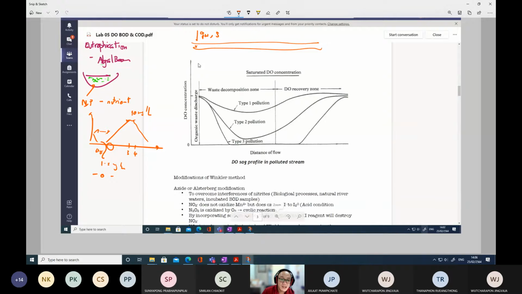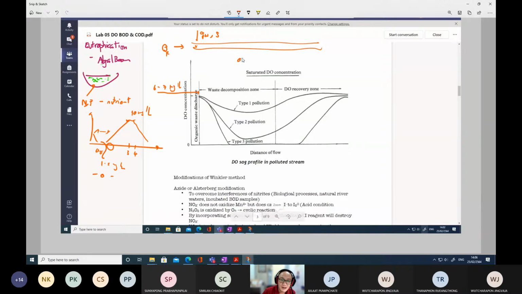So we dropped this into the stream, and then this one is the river flow rate. The river flow rate is given as the QR. So initially, the concentration of oxygen is coming like this. This may be like 7 milligrams per liter, 6 to 7 milligrams per liter. But once it reaches the point where the wastewater enters the stream, the dissolved oxygen concentration will drop slightly,